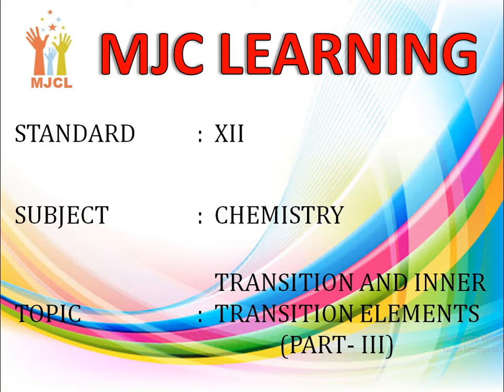In our last lecture we discussed the oxidation states of transition elements, in which we learned that the elements which give the greatest number of oxidation states occur in or near the middle of the series, for example, manganese. Next, we discussed the physical properties of transition elements. All transition elements show the properties of metals. Now, let us continue with this chapter.